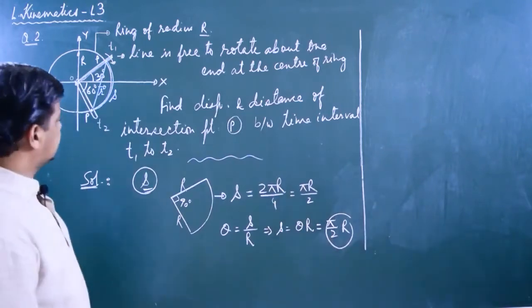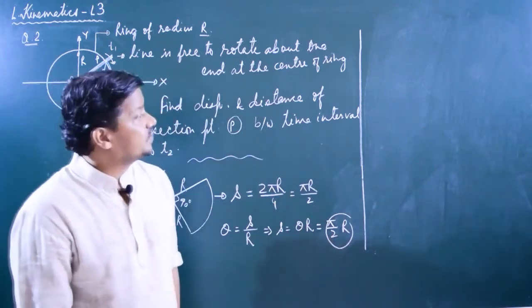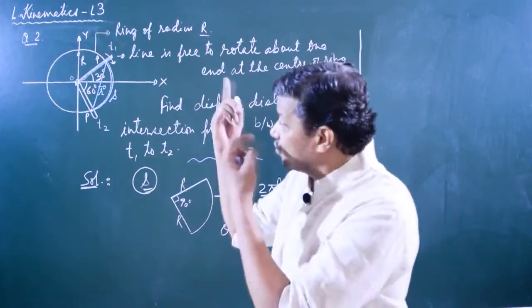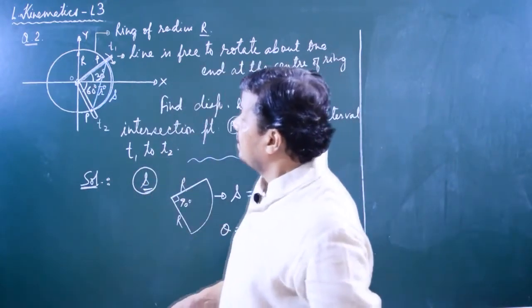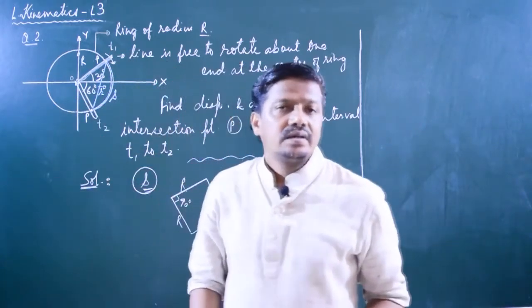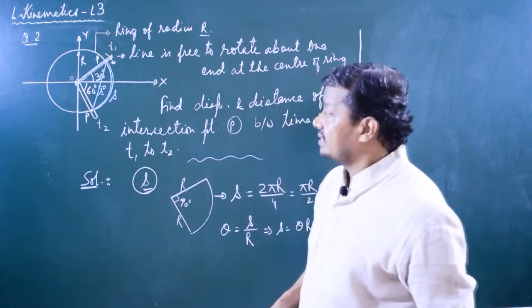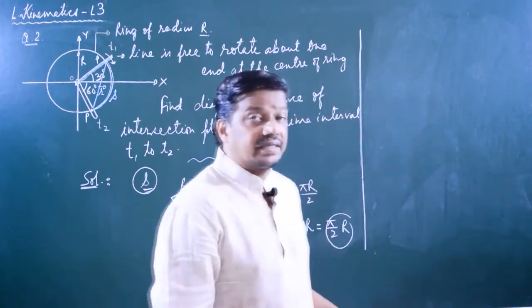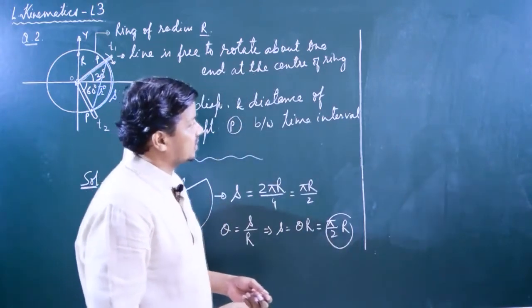Now we have to get the displacement of mark P. You have to use your brain a bit here. You have to get the initial and the final coordinates. In mathematical physics we have discussed graphs, so you should know the graphical concept.